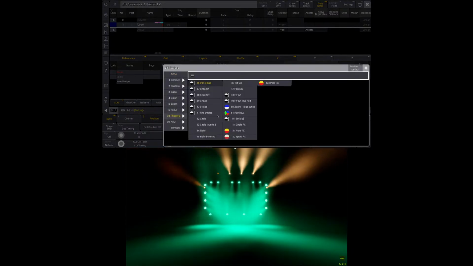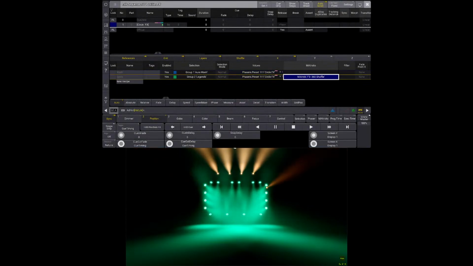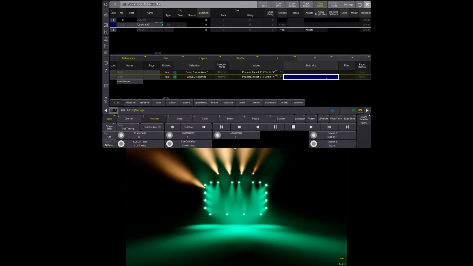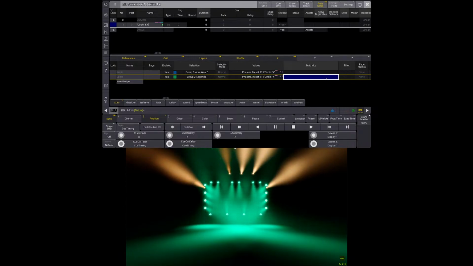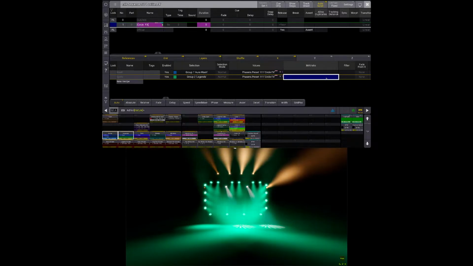We want you to be phaser 111. So that now when I pull position effect fader,